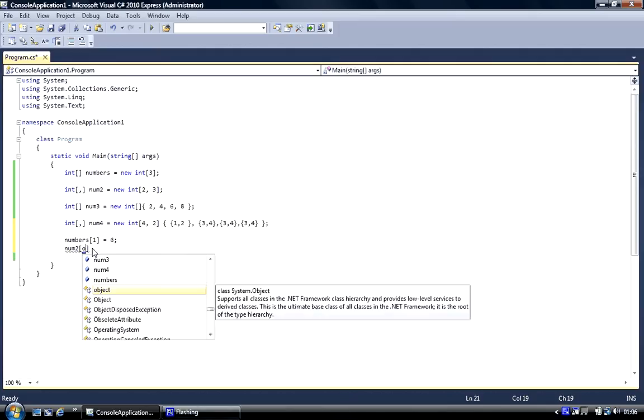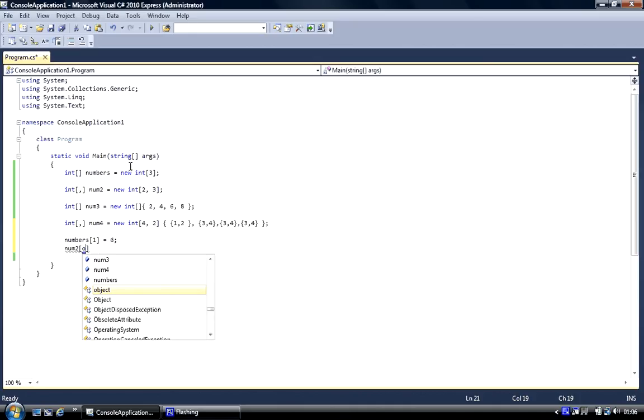Now 0 is the first element, even though we've got 2 there, it's 1, 2, that's when you're creating the object, but when you're accessing them it starts at 0, and so that's where some people get confused. So 0,